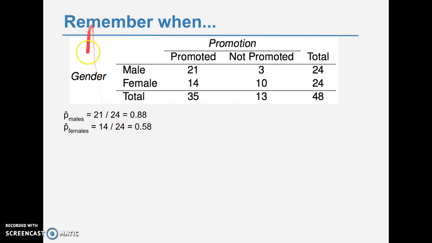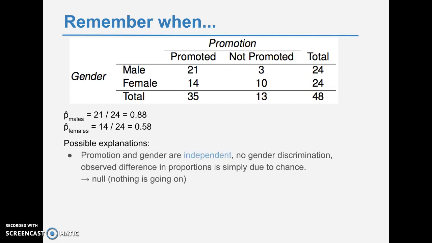So the little hat, again, this little hat right here means that it is a statistic. That means a calculation based on our sample. We're trying to estimate the true population of the entire company in this case, let's just say. All right, so